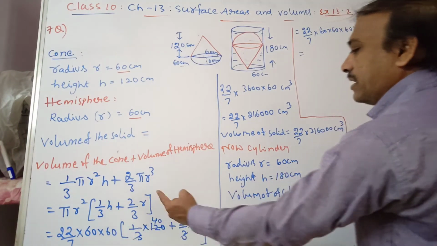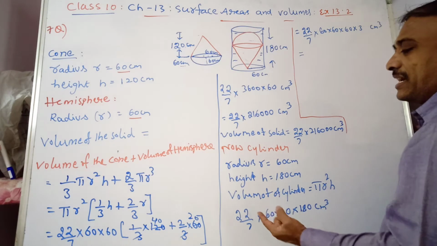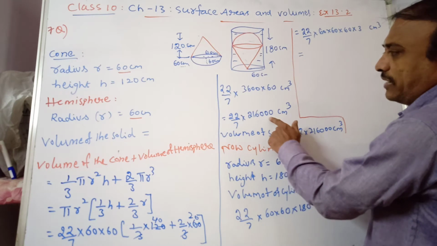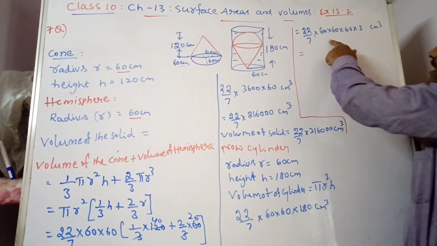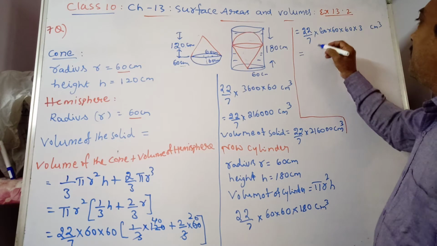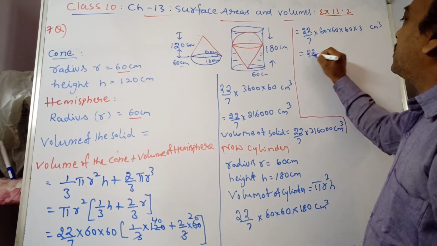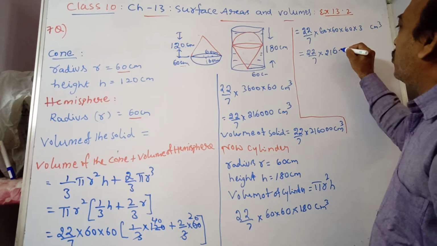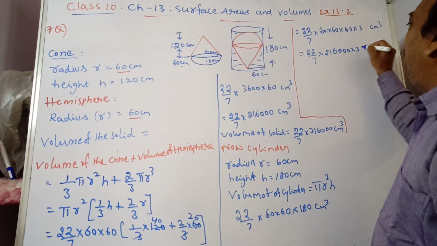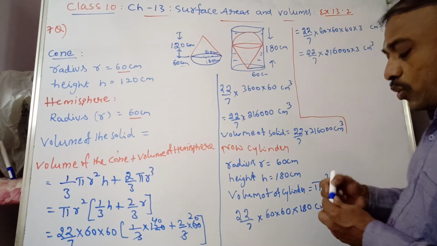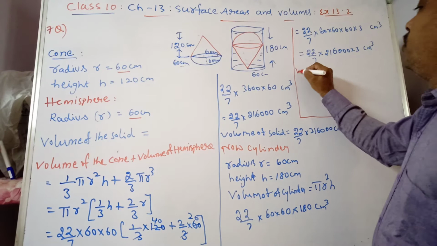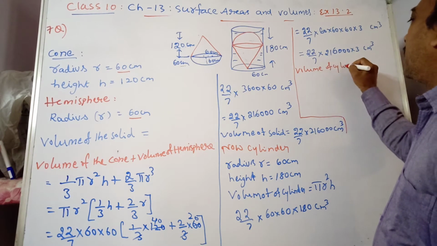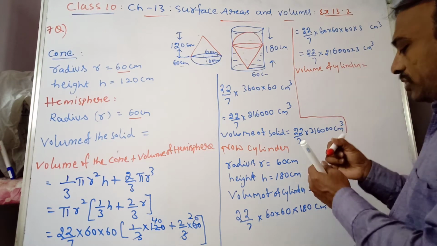Clear? So in the previous question what did we get? Pi r square H, 60 into 60 into 6 6s are 36, 36 into 6 is 216, and 3 zeros left over, so 22 by 7, like that we wrote. Similarly here also we get the same answer, that is 22 by 7 into 216,000 into 3 centimeter cube. This is the volume of the cylinder. Volume of means water in that. Volume of the cylinder is equal to this much.